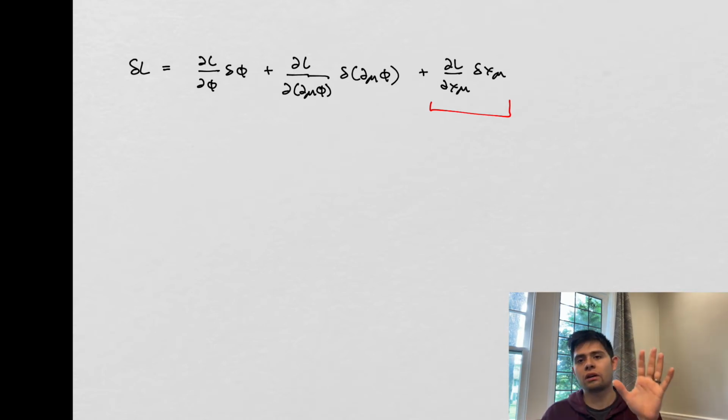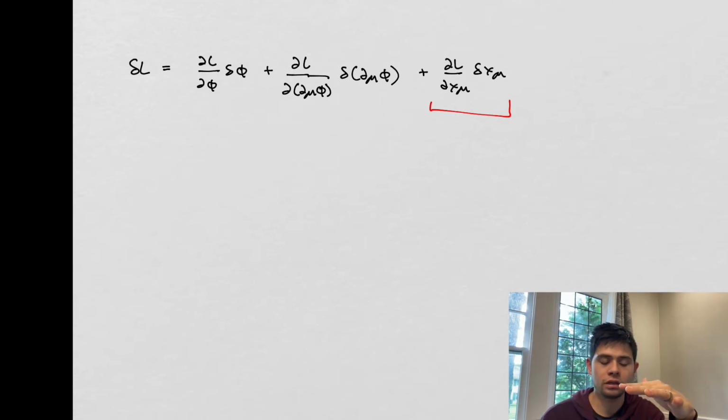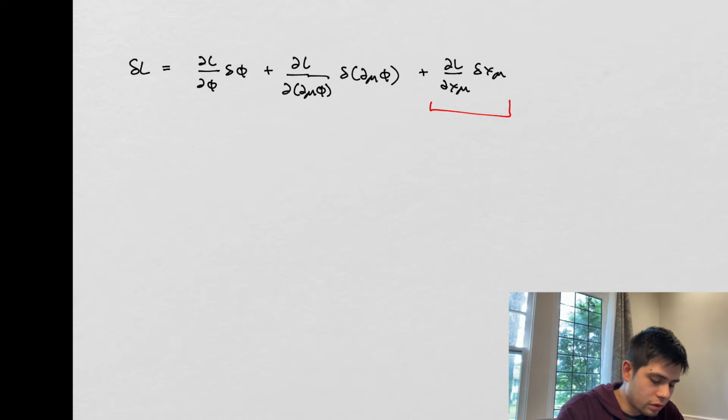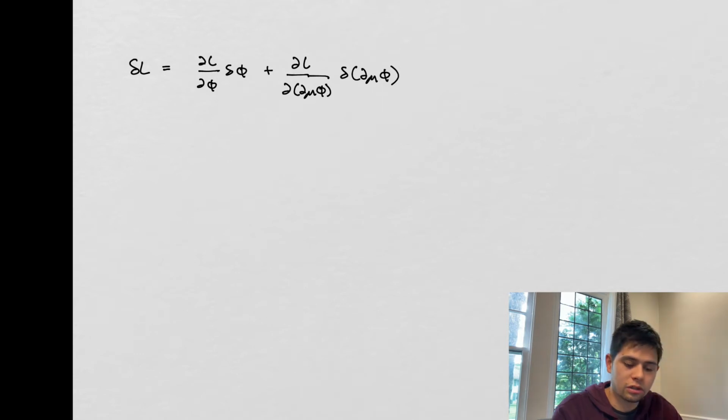Because, again, we weren't considering just the values themselves, we were considering the values along with the underlying coordinates. But suppose now we don't shift our coordinates and we just shift the field values, right? So I'll erase this. When we erase this, this is the change in the Lagrangian now